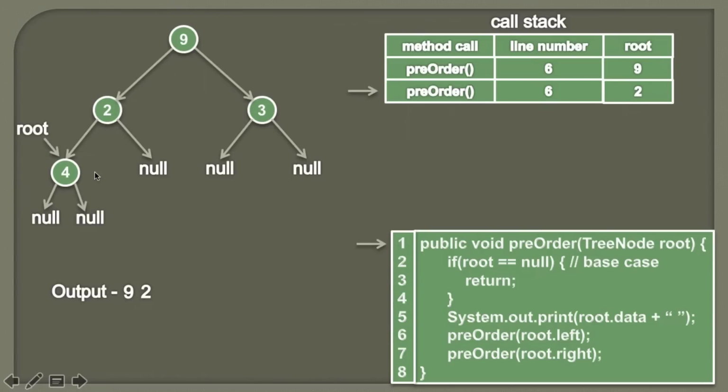So one new root becomes the node having data as 4. And as we are again executing this pre-order, we know that in the call stack this method will be called again, and this time the root is 4. So we'll again execute this pre-order recursively. We'll first check whether root is equal to null or not. Currently root is pointing to 4, therefore it's not null.